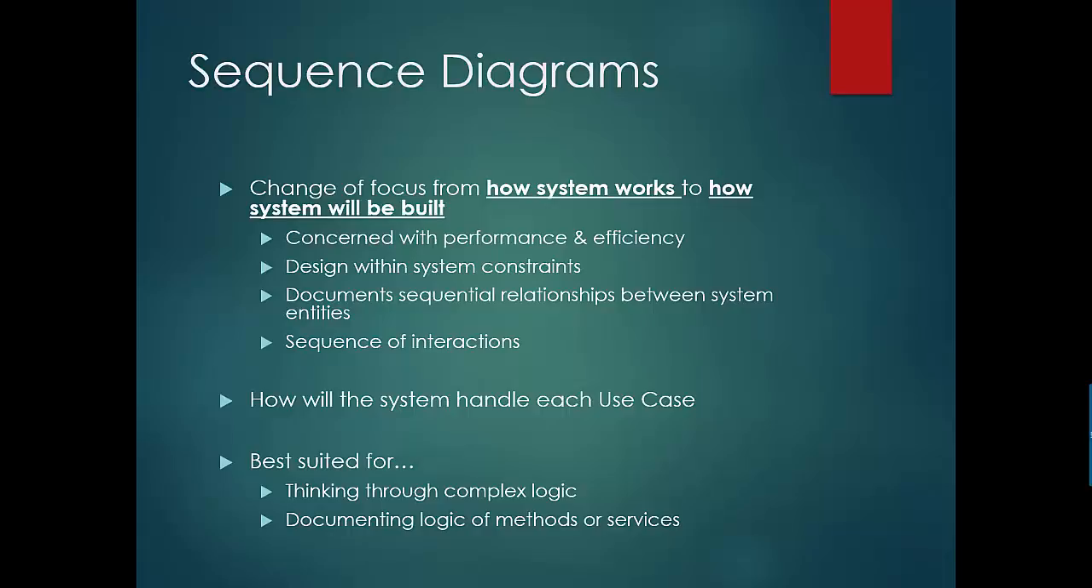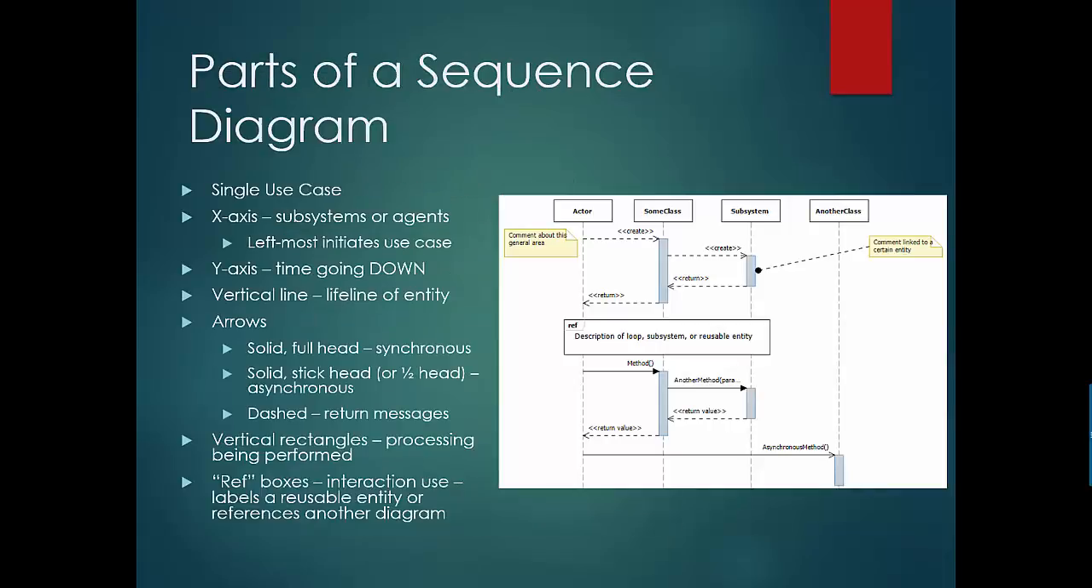Sequence diagrams can describe high-level interactions of subsystems or low-level interactions of classes. They are best suited for thinking through complex logic or documenting the logic behind methods or services. We generally create one or more sequence diagrams to handle each use case. Like other forms of UML diagrams, there are relatively loose standards, but the basic elements of a sequence diagram include